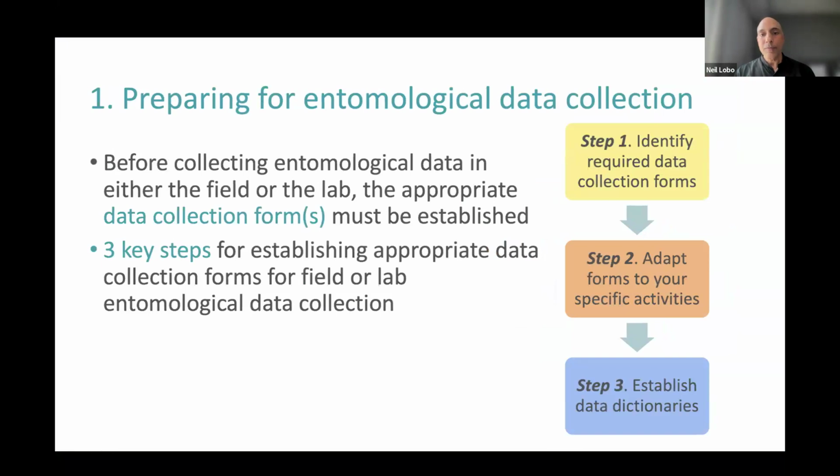When we prepare for entomological data collection, the first step, once you understand what indicators you need and what you're going to do in the field after you've figured out your plan, is to get your data collection forms. This is what we're going to collect all our data on. There are 3 key steps for this, and this is applicable for field or lab. In academic studies, we absolutely require this. And in a lot of sites for operational studies, I see that it's not done,